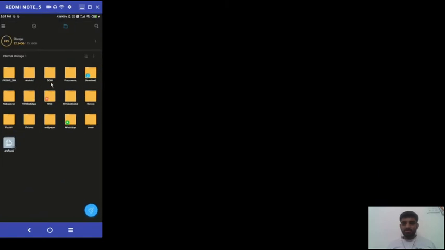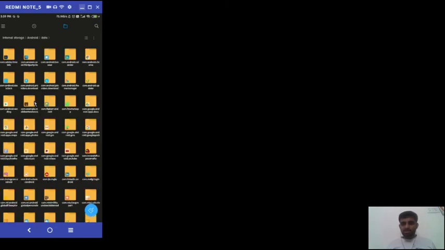Now where can we see our file? As I told, in the file manager, here you can see the Android folder, click it, then the data folder, then here is our application package folder. Just simply click it, and here is a file folder. So finally we get our text file. So I am opening it.